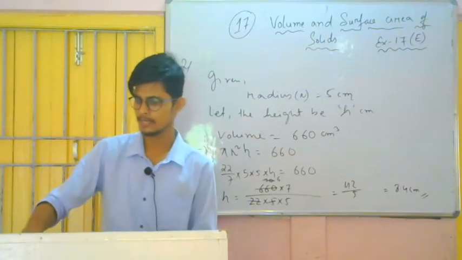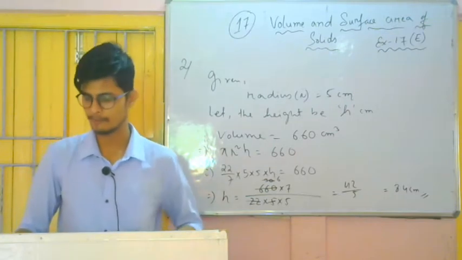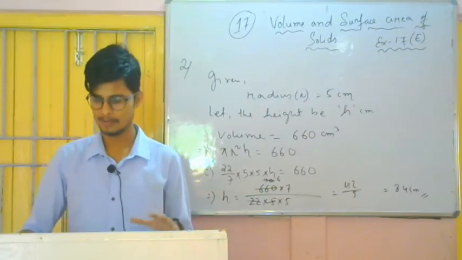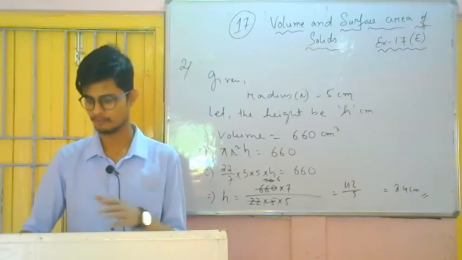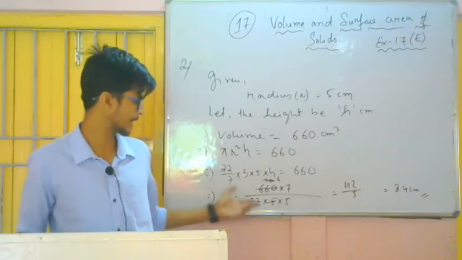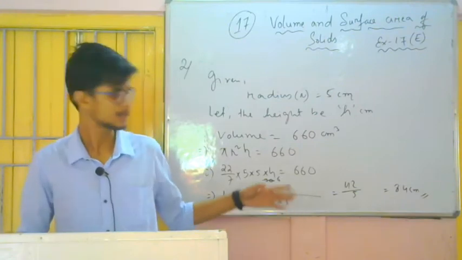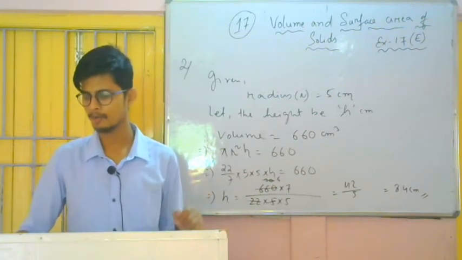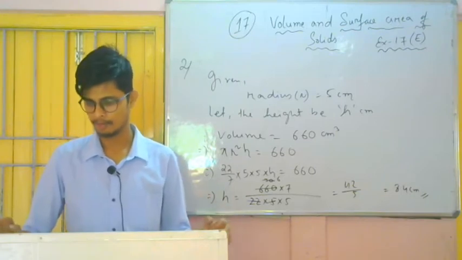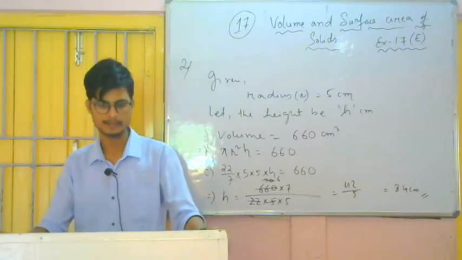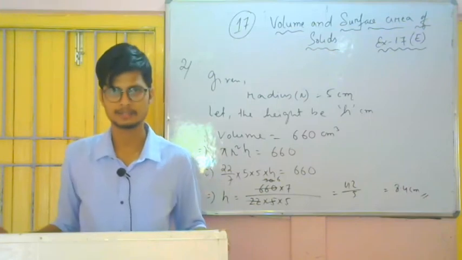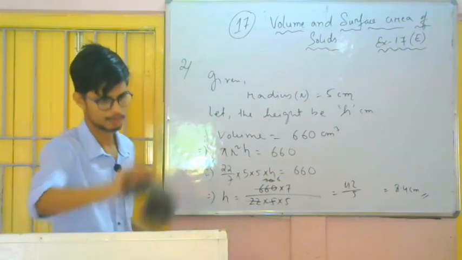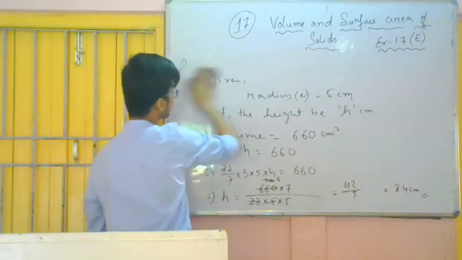So you see here the volume is given, 448 pi. From the volume, if I put the formula pi r square h, from that I can find the value of r. Here I have the height, so I can easily find the value of r, and once I have the value of r, I know the formula of the lateral curved surface area, it is 2 pi rh. In that I can easily put the values and I will get the answer. Okay, so question number 3.